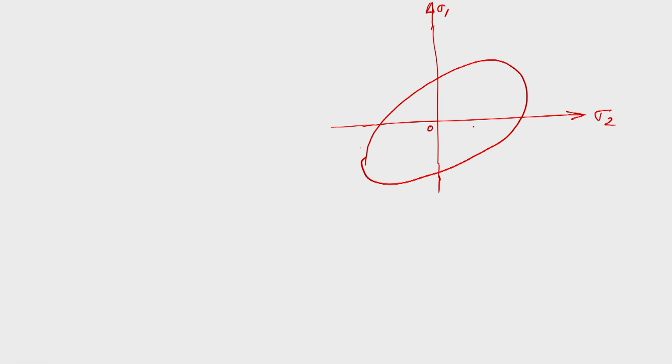In all the 2 directions, if you take it, you will find that this is your sigma f, or uniaxial flow stress sigma naught, and this will be your uniaxial flow stress. Okay. So, it will look like this, and this is a case for alpha is equal to 1, somewhere here at 45 degree. If you look at it, this is alpha is equal to 1.